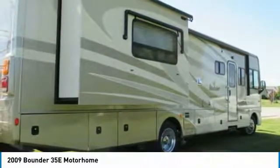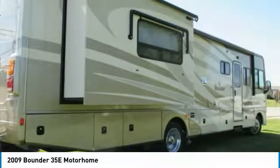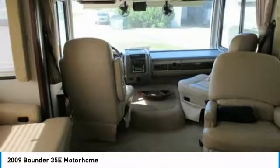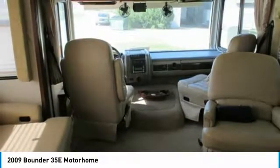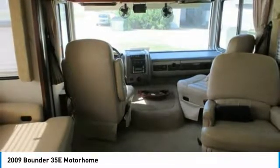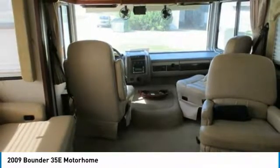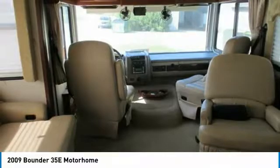With only 22,000 miles, you can rest assured that this Bounder 35E will be making your traveling dreams come true for many years to come. This 2009 Bounder 35E motorhome is ready to become your next home away from home. This luxury unit has been outfitted with exceptional amenities to ensure that you experience top-quality residential living right on the